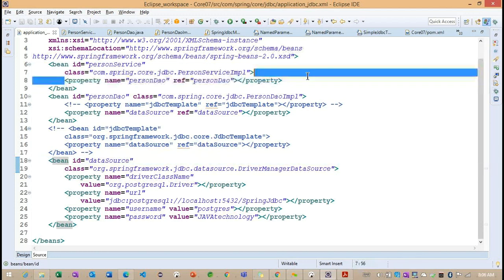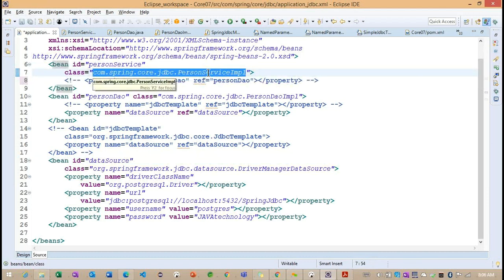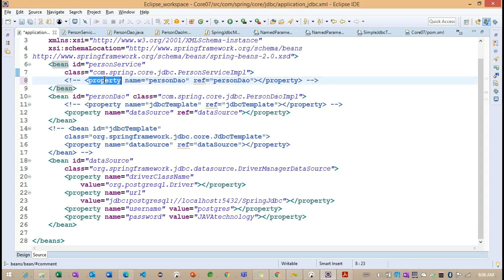Okay. So we can eliminate this particular line. The service IMPL internally is depending on the person DO, right? Initially, whenever we don't have the AutoWire annotation, we are making the property here. But whenever we provide the AutoWire annotation, we can reduce our configuration file by removing this particular property or constructor tag here. Okay. So now I remove this one tag here.